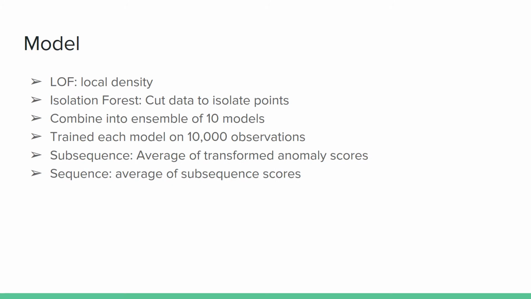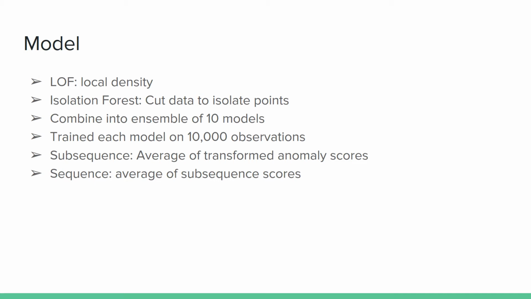So we used 2 models in this case, both one-class learners. The first is local outlier factor, which bases anomaly scores on the local density of an observation compared to its neighbors. The idea here is essentially that if you take an anomalous data point and place it among normal data points, it is going to be less locally dense as opposed to the others. With the isolation forest, you construct a series of trees by cutting the data to isolate points. The idea here is very similar: isolating an anomalous data point will be much easier than isolating a normal data point. So we created 5 of each of these models and combined them into an ensemble of